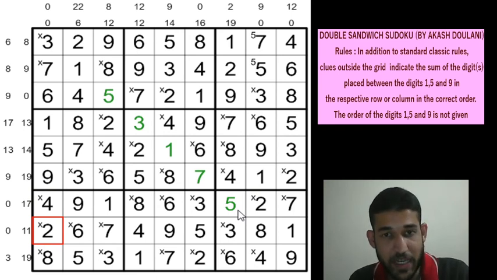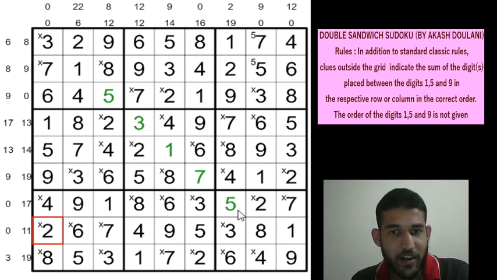I felt that this was an excellent practice Sudoku for the double sandwich Sudoku which is going to occur in the Grand Prix round. Hope you all enjoyed watching the video and got an idea or two how to solve